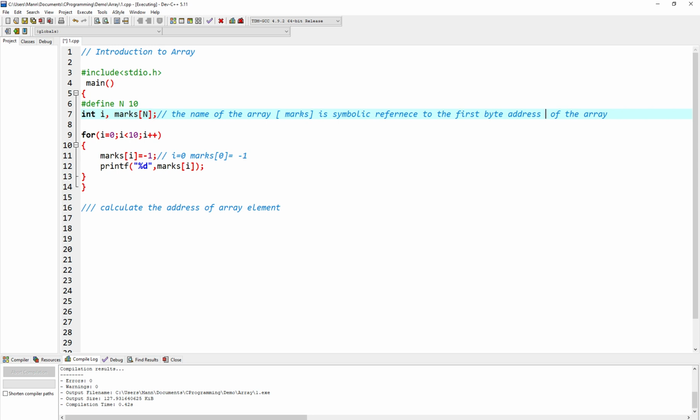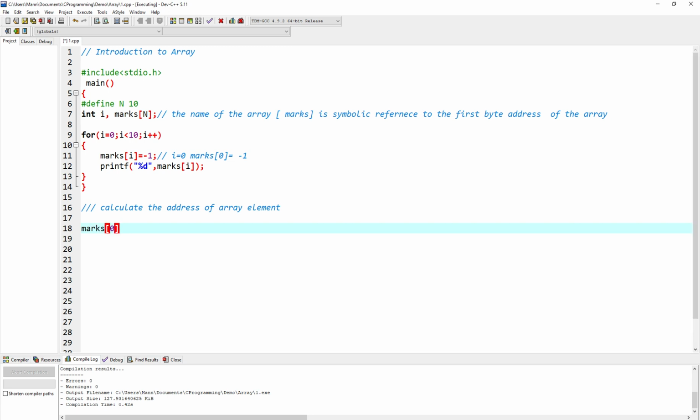So for example, we are going to store some values in this marks. The marks itself is a symbolic reference, indicating the first byte address, wherever the first element is going to be stored. Obviously the first element is stored at position 0, right?